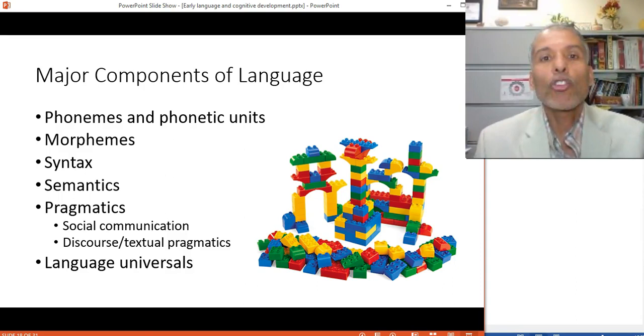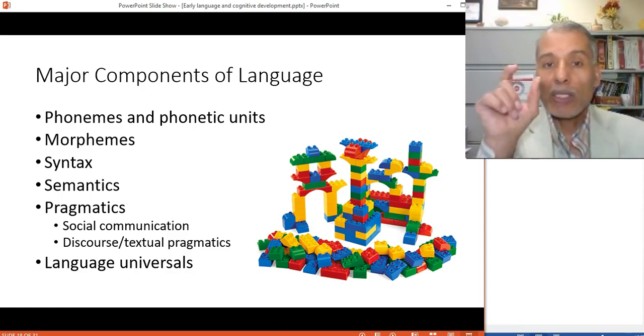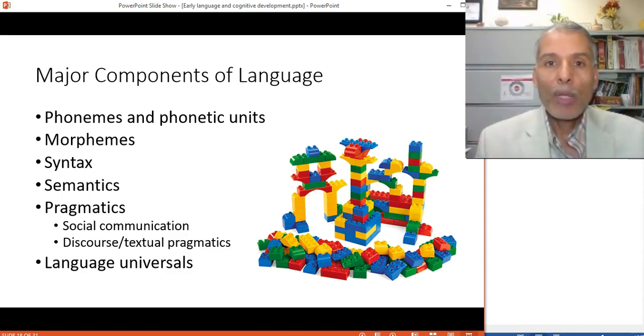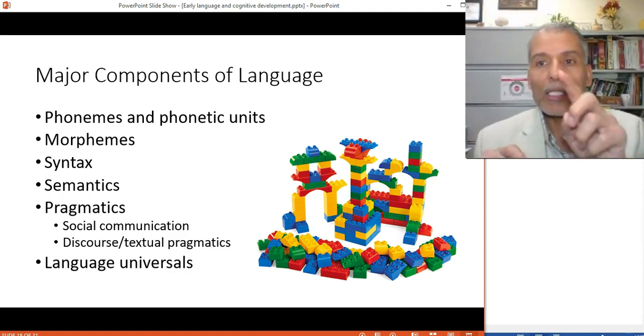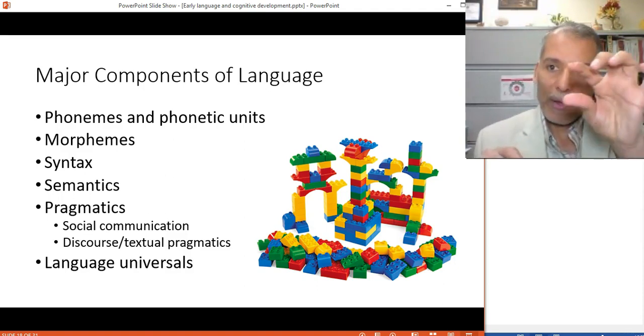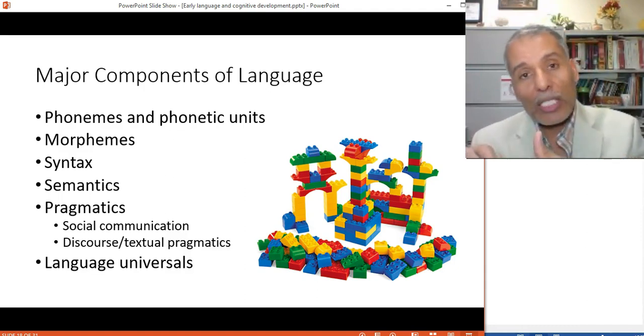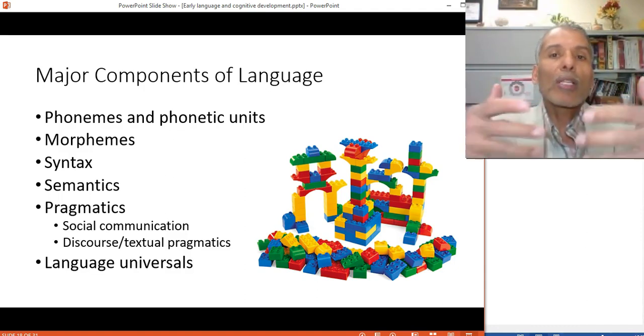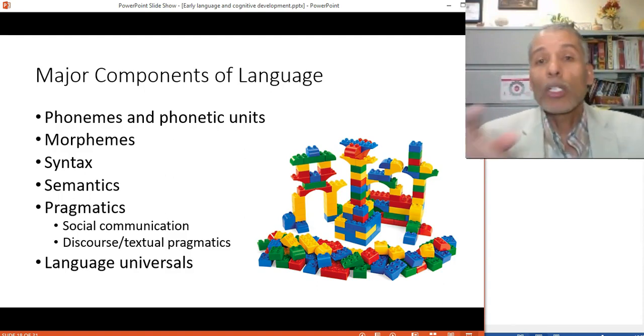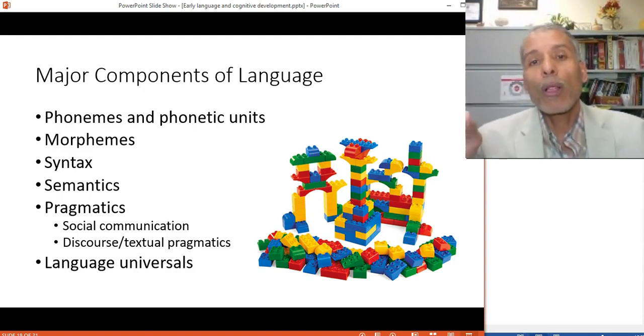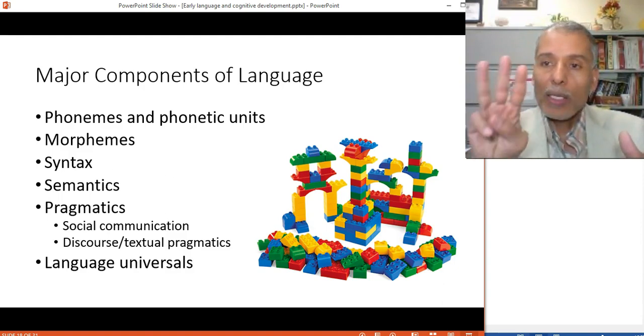So if you say history, history is a morpheme. It's a concept, one meaning. And you say prehistory. Pre means another concept, you know, what happened before people started documenting history. So words can build up and have more and more morphemes. When you say prehistorical, that is 3 morphemes.